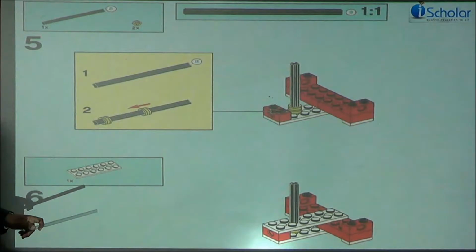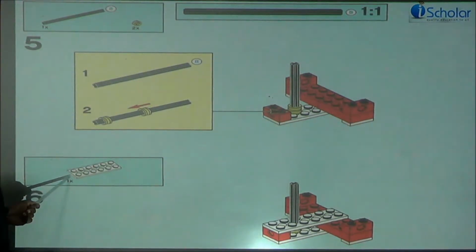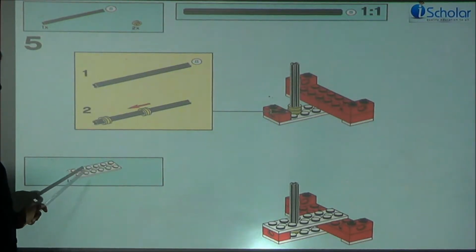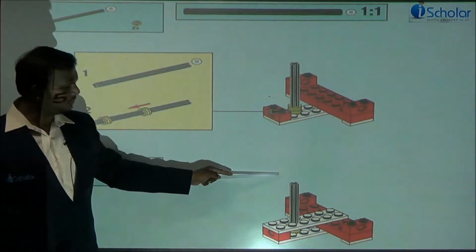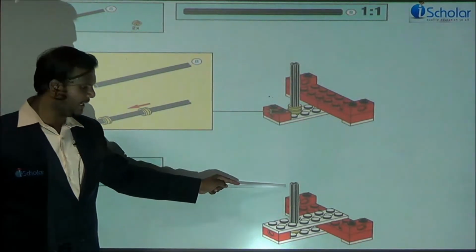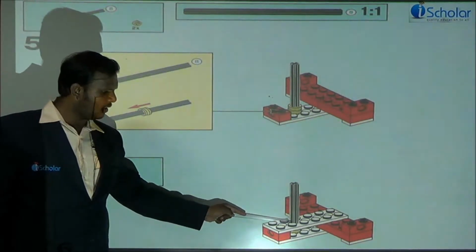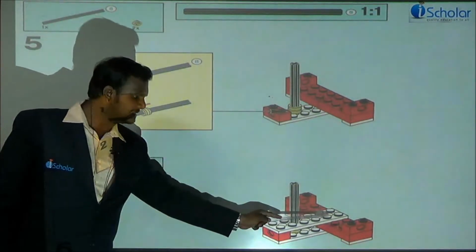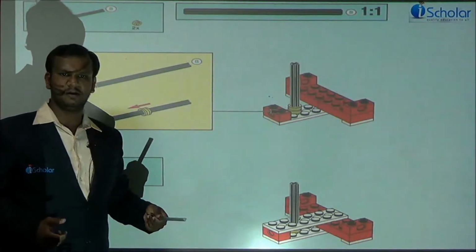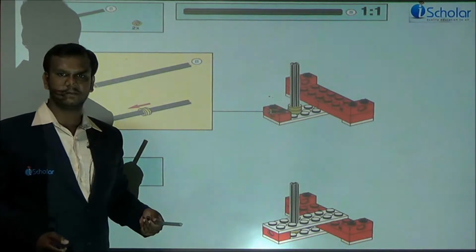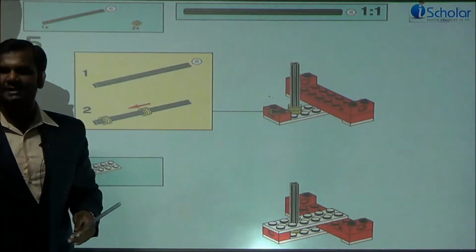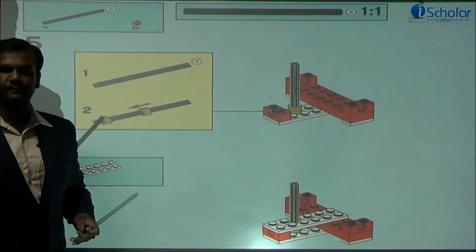Fine. So what is step number 6? Take a similar white block, which is big one, thinner one. Take this and you have to put it over the axle. Just insert the white rod such that it forms like a lock to the bridge-like structure and this side. Just press this and form a block, a thick block. Fine? Okay. So can we do step number 5 and 6? Okay.